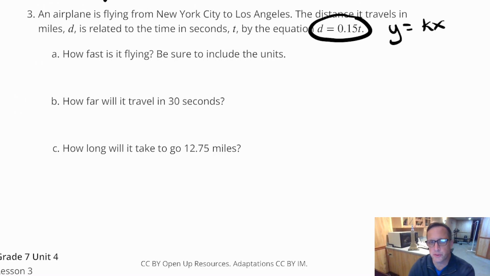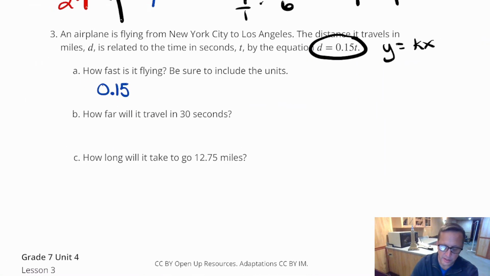It's under your nose. It's right there. The speed at which it's flying is 0.15. Now your job is just to be able to interpret that. What does that mean? 0.15, what, miles per hour? Miles per minute? Well, this problem was saying that d is distance in miles and t is the number of seconds. So that's going to be 0.15 miles